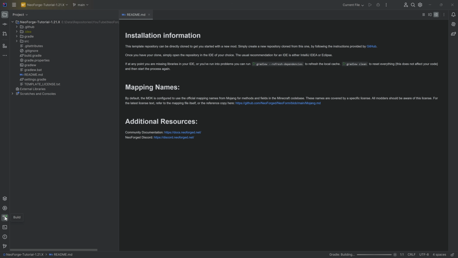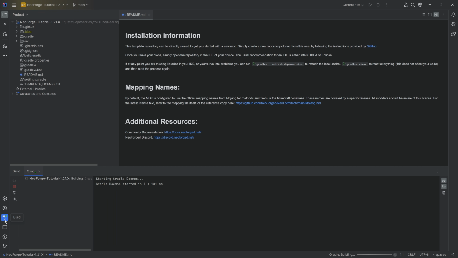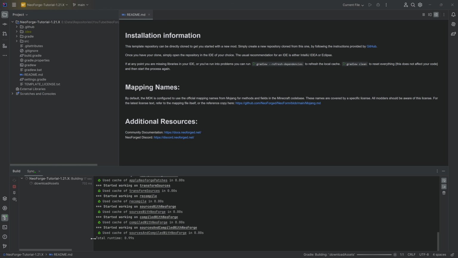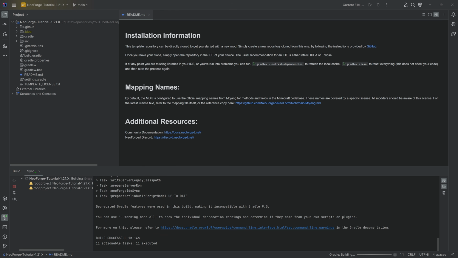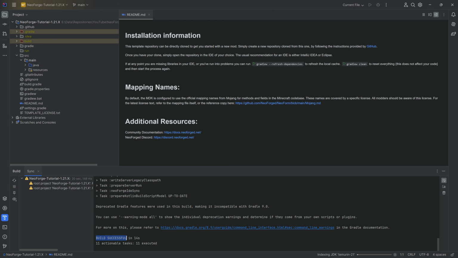So on the left side, you can see the hammer has a green dot right there, so it starts building. Just let this run through. You can just keep it going. We're going to change a couple of things in a second once that is done, because there are basically two outcomes. You either, which is the preferable outcome, get a build successful in a number of seconds. That would be ideal. If we get a build failed, that is totally fine.